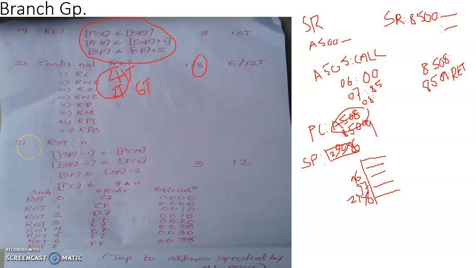Now another one in this branch category, that is restart n. Restart n, where n can have a value from 0 to 7. That means there are a total of 8 different restart instructions. In the restart instruction, the program counter will be loaded with a default memory address that is known to the microprocessor by default. So what happens in this case is that the program counter